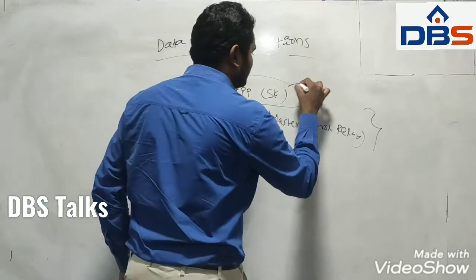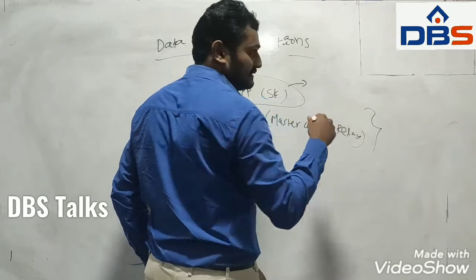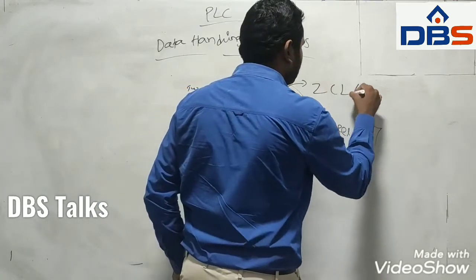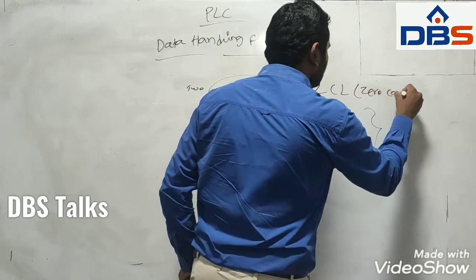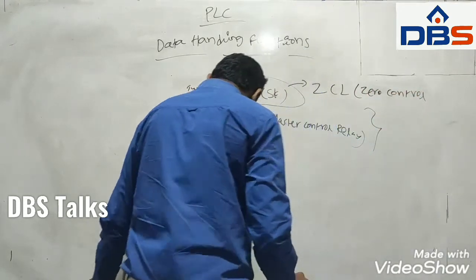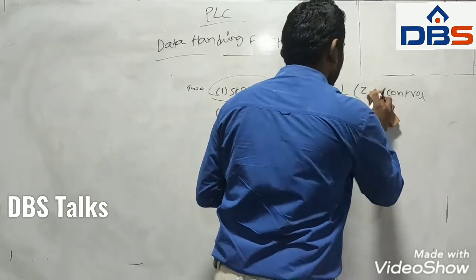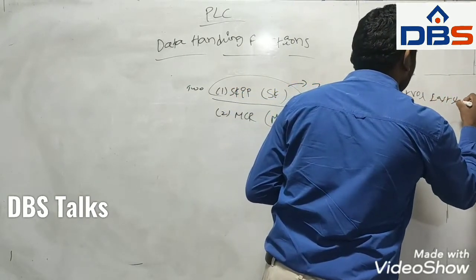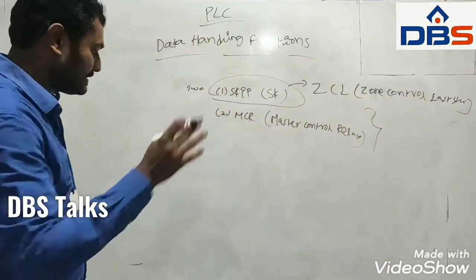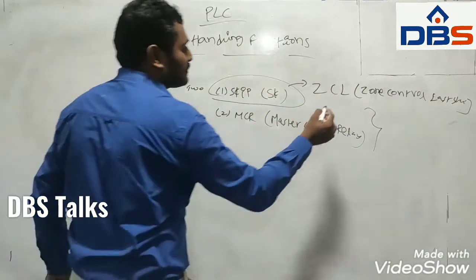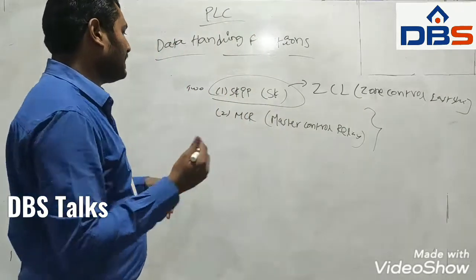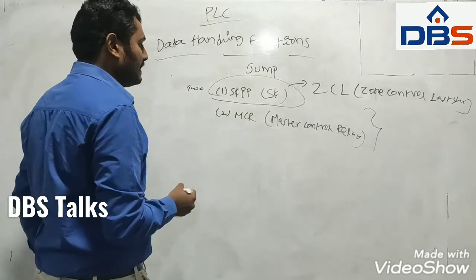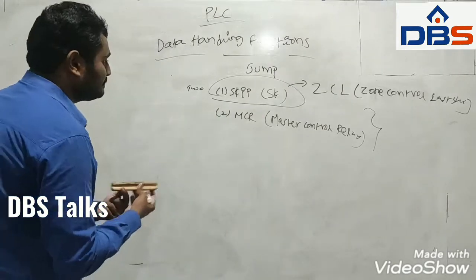In some PLC systems this skip function is also called ZCL, that is, zone control last state. In some PLC systems we use this zone control last state. Furthermore, we also use the skip function in the jump function. Coming to the skip function,